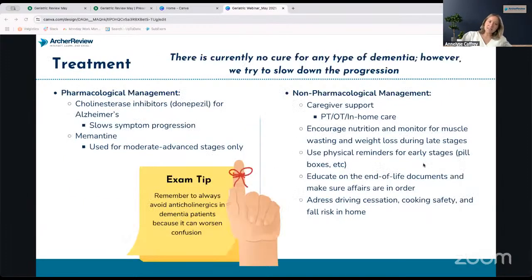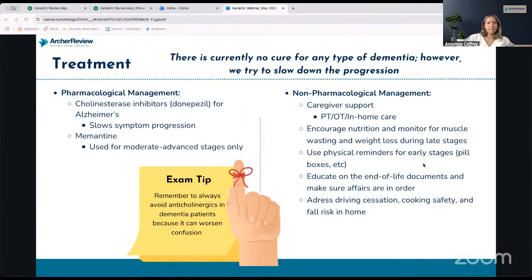Treatment of these diseases, there's really not any cure, but we are starting to get a lot more ways to slow down the progression. The sad thing is a lot of these only work for so long. So I'll have patients that come in and their family's super excited because they got their old grandpa back for a couple months, and then the longer they're on that medication, the more they use it, the body kind of adjusts to it, and it stops having the same effect.